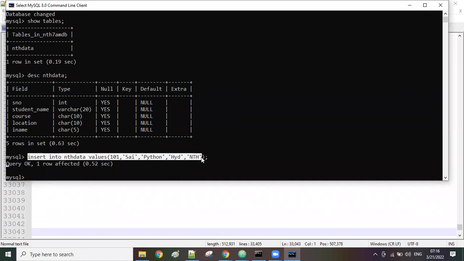Suppose I want to give n number of rows at a time. Here I am giving only one record at a time. I want to give 3-4 records at a time, which means 3-4 rows at a time. In that case, insert into the table name, NTH data, values of